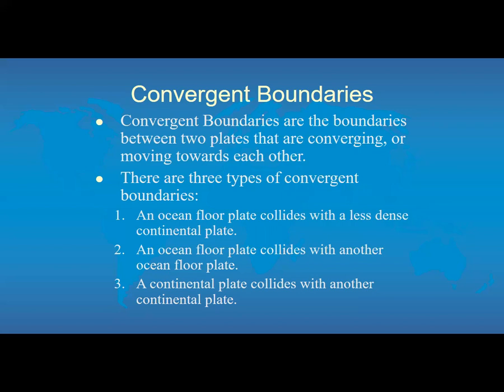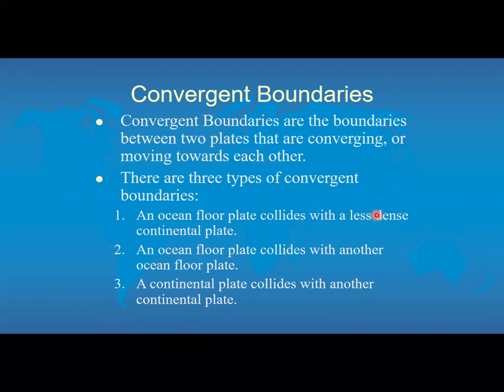You can also have an oceanic plate colliding with another oceanic plate. That's going to create a very deep sea trench because where the two are meeting, there's going to be some downward bending, but one is going to be subducted or pushed down into the mantle and destroyed, and the other is going to kind of ride along top, and it can kind of create volcanic islands. I should have said that first one, where this oceanic plate is being pushed under a continental plate, will create volcanic mountain ranges. We'll talk about that in a moment when I show you guys the picture.